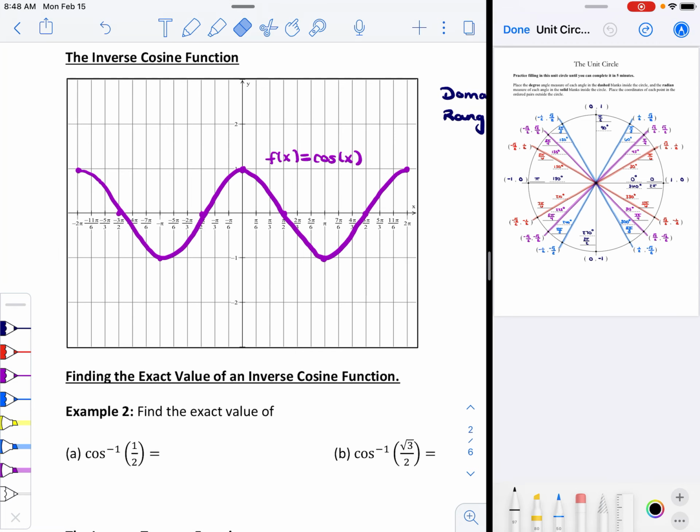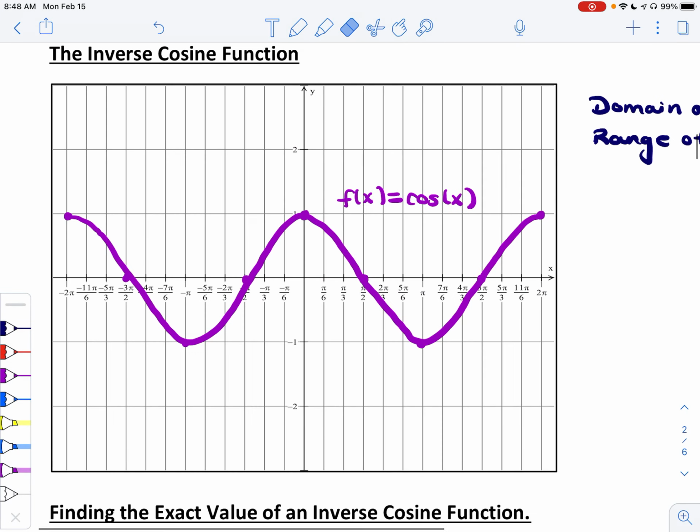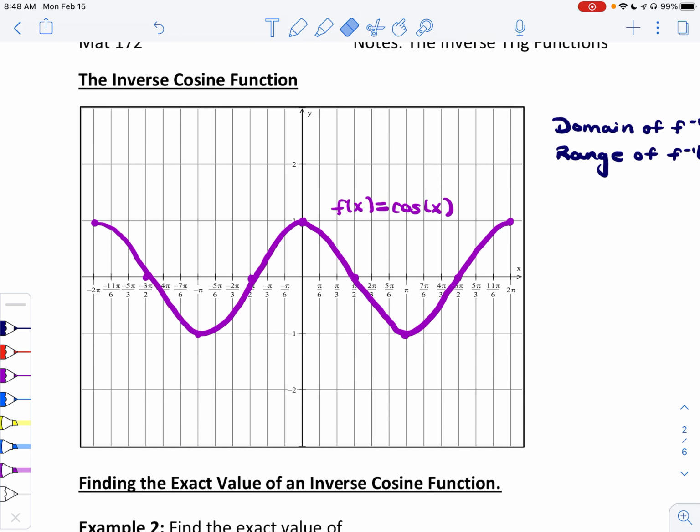So just like we talked about in the previous video with our inverse sine function, we have to limit this cosine function to a smaller piece of its domain so that we ensure that it is a one-to-one function. Because of course, just looking at this cosine function, although it passes the vertical line test, it certainly does not pass the horizontal line test. So we can't look at the function on its entire domain,